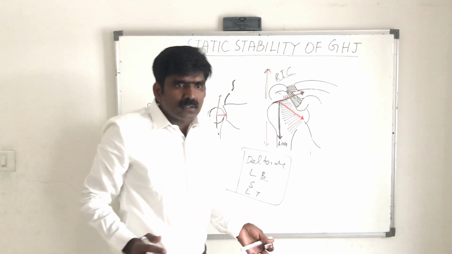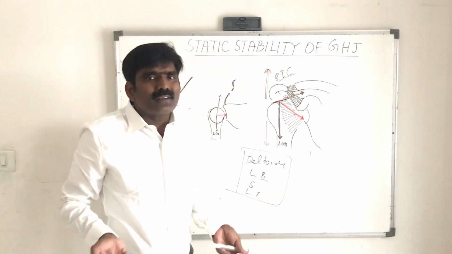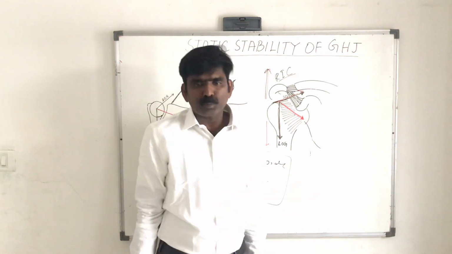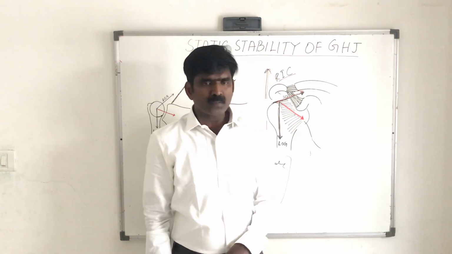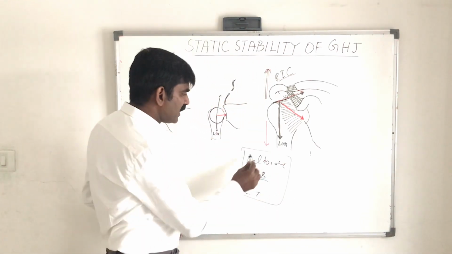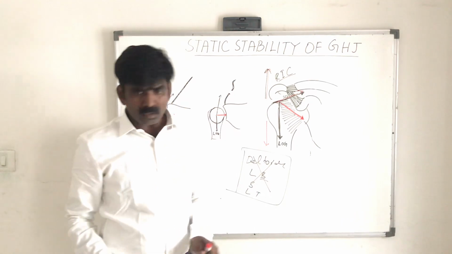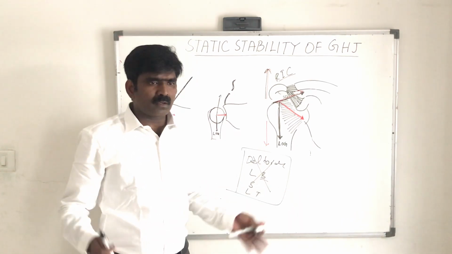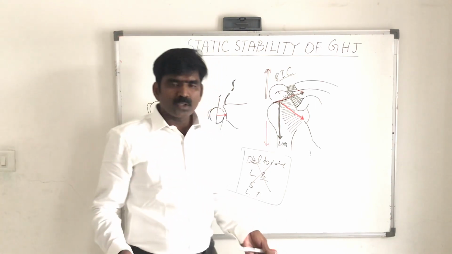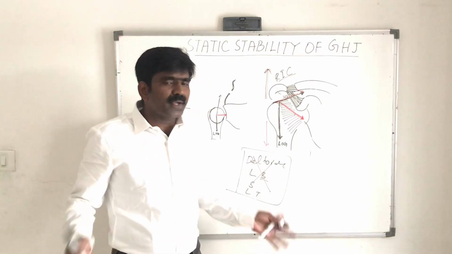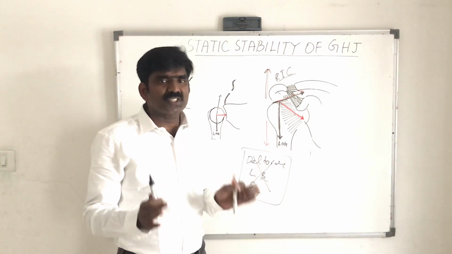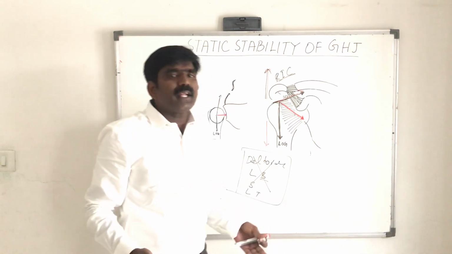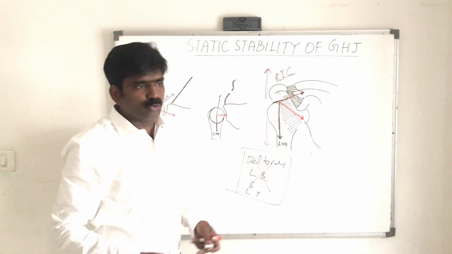Normally there is no electrical activity. Studies show that there is no electrical activity in the dependent, unloaded position. There is no electrical activity in these muscles, clear? Which means there is no active force when the arm is in the dependent position. So active force is not generated. The passive tension generated by the RIC is enough to maintain the static stability of the glenohumeral joint.